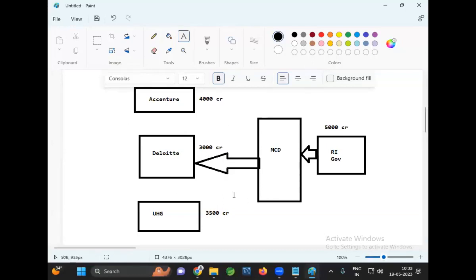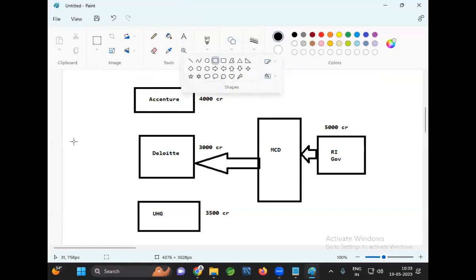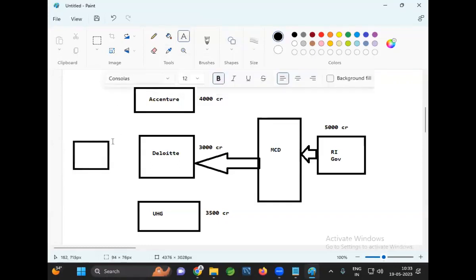Now, what we will say is that the project is being developed by which company? Deloitte company. Now we are the employees of another company. Our company name is some ABC. ABC company is selling the employees to Deloitte company. You belong to ABC company, but you are doing the work for the Deloitte company. ABC company is your payroll company. Deloitte company is your client company.